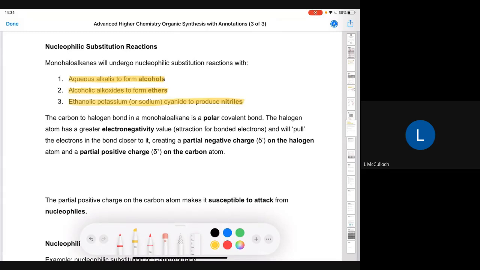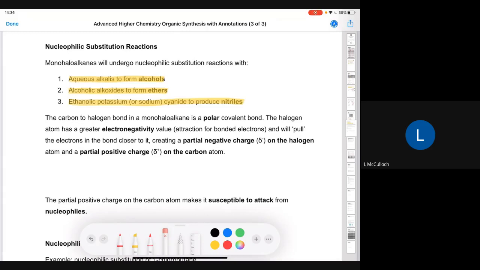So monohaloalkanes in organic chemistry are really, really useful because we can get three different products from them. If you've got a monohaloalkane, you could turn it into an alcohol, you can turn it into an ether, you can turn it into a nitrile. So really, really useful. Whereas there are some reactants that can maybe only undergo one type of reaction. Monohaloalkanes can undergo three